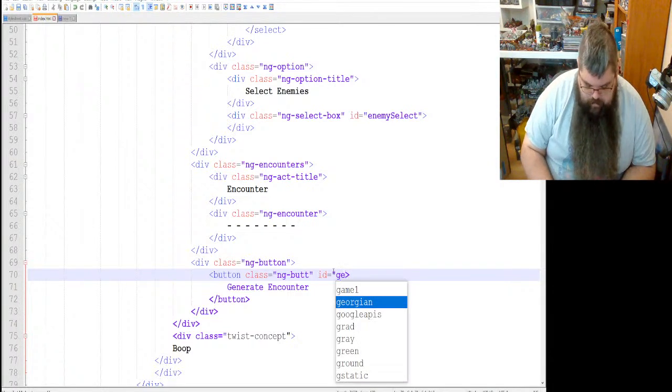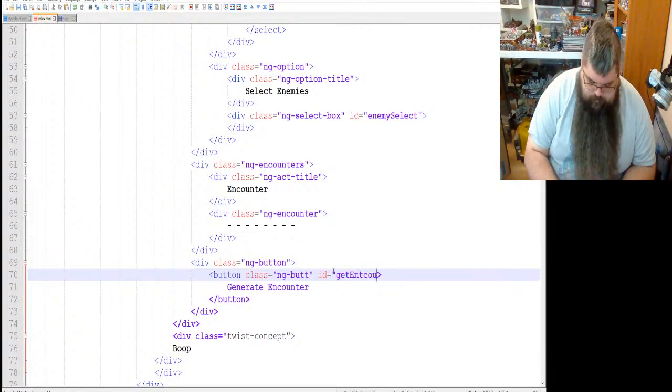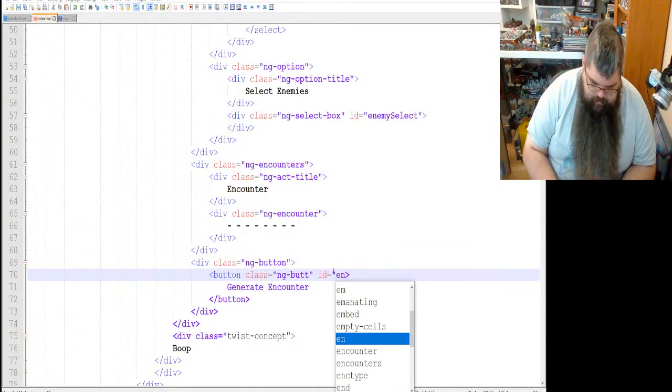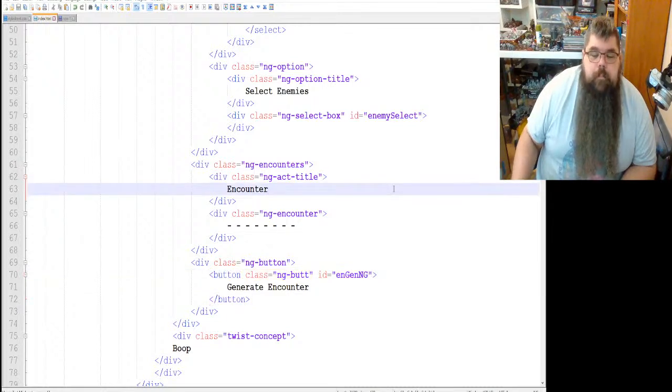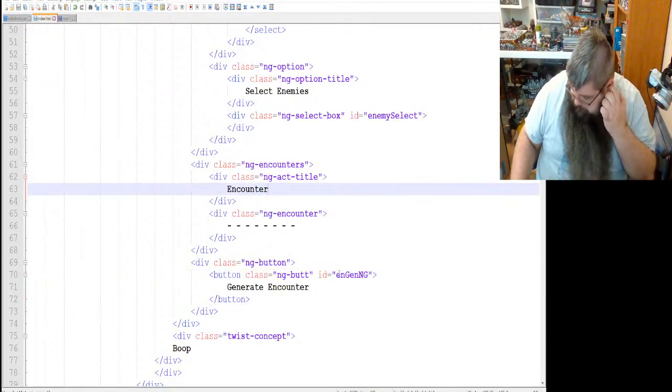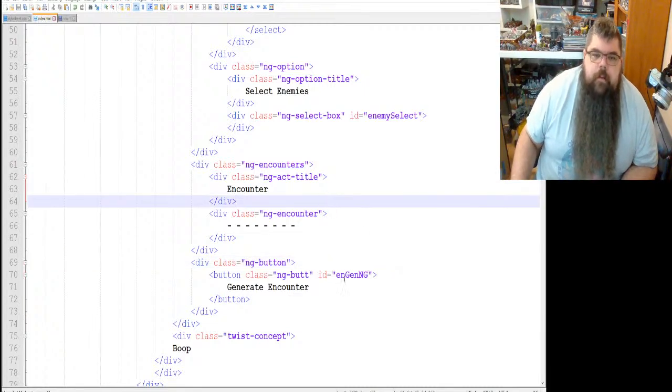Let's back that up. Trying to think of the best way. Yeah, we'll do that. So encounter generator NG for Necrograve.